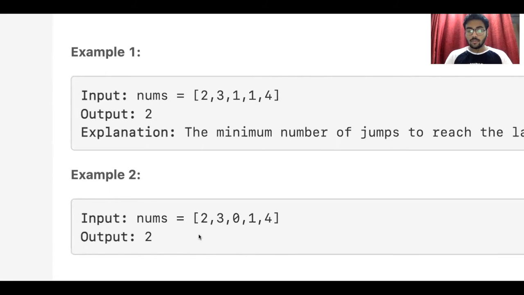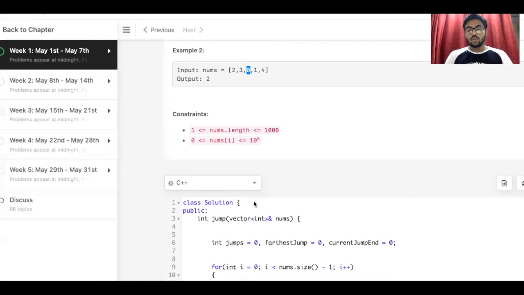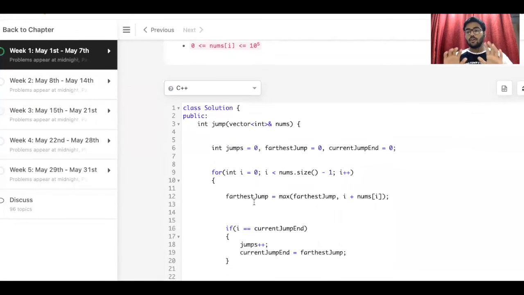Therefore, we consider 3. Similarly, here when we see 2, then 3, then 0 and 1 and 4, we see that 2, then 3 is the farthest index that can make us reach the last index, whereas 0 doesn't help. So basically we need to find the farthest index that a particular element can take.